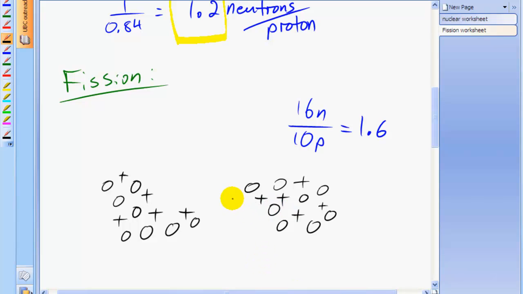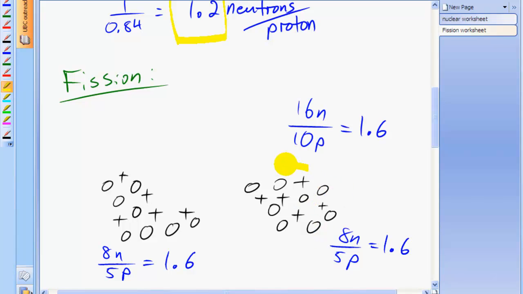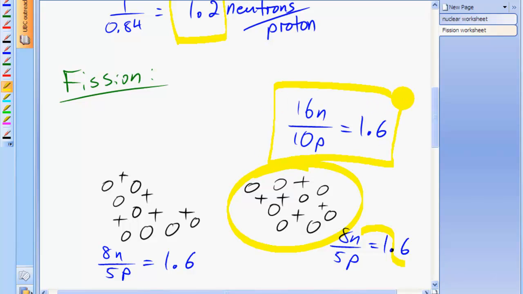Just to illustrate my point though, we have here 1, 2, 3, 4, 5, 6, 7, 8 neutrons. So there are 8 neutrons in this daughter isotope. That's what I've drawn here. This is a fission product of this process. And so we have 8 neutrons and then 1, 2, 3, 4, 5 protons. And 8 over 5 makes 1.6. And over here we also have 8 neutrons and 5 protons, also giving the ratio of 1.6. And so my point is that the daughter isotopes have the same ratio of neutrons to protons as the original